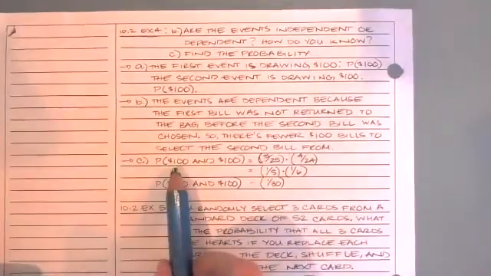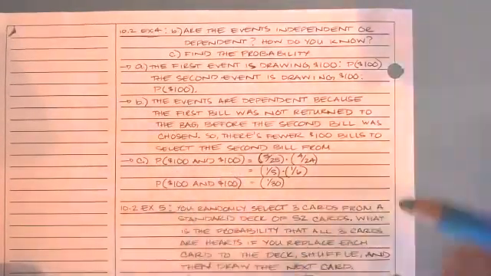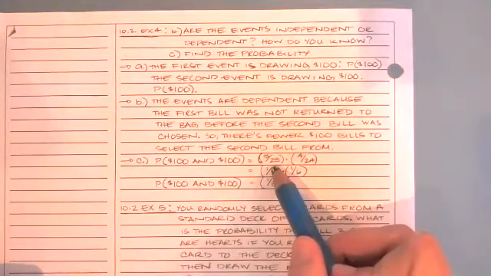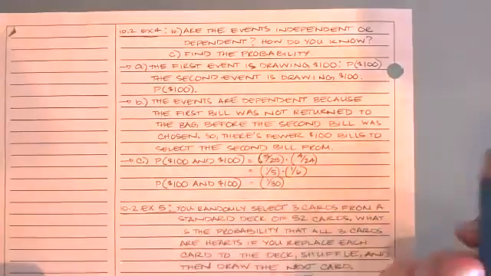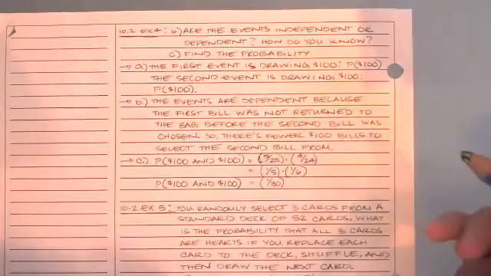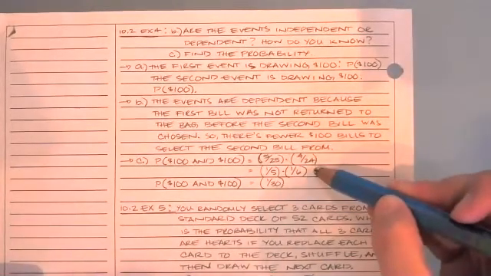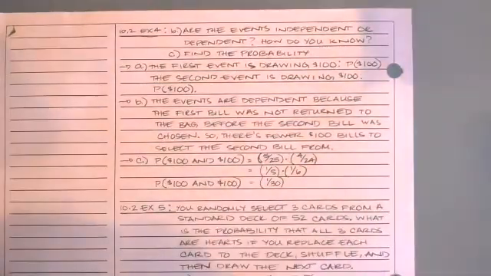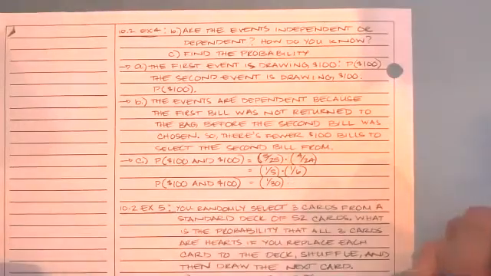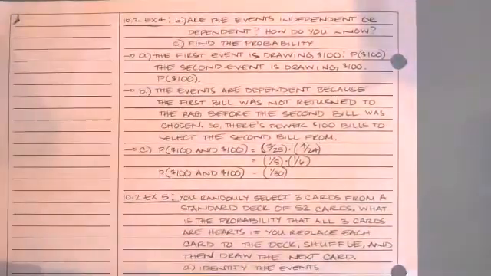So part C, the probability of drawing a $100 bill and another $100 bill. There were 5 $100 bills initially in the bag, and there were 25 bills total. So 20 of them were $1 bills, 5 of them were $100. So that's how we got the 25. But we didn't put that bill back. So now we've got 4 $100 bills still in the bag, but there's only 24 bills in the bag because we're missing the one we drew first. So I simplified those fractions to get 1/5 and then 1/6, and I multiplied them together to get 1 out of 30. Does that make sense? Yeah. Okay.